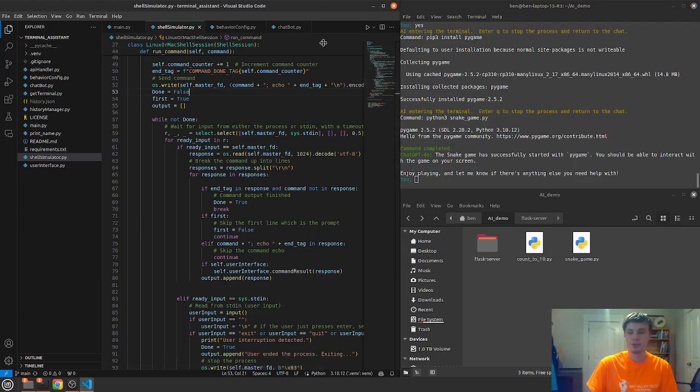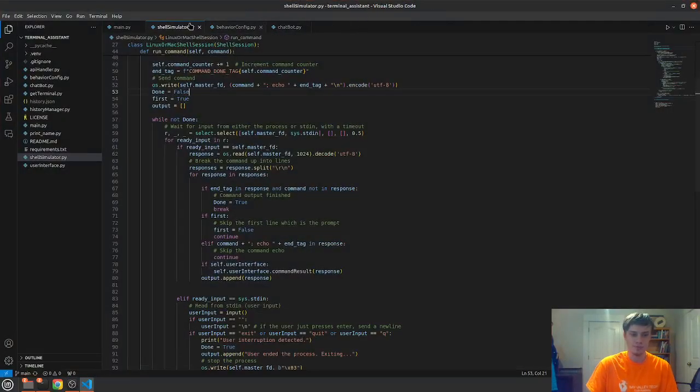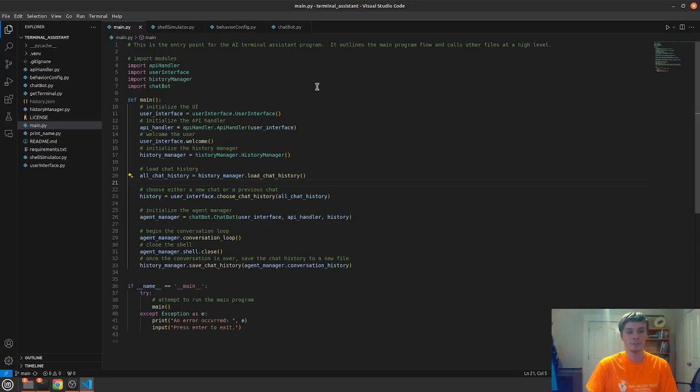So now we're going to do a little bit of a deep dive into the code. Well, maybe not a deep dive, but I want to explain how this code works. So essentially, the main program here is main. Obvious name choice, but basically we've got our different files which control different tasks that the program has to do. So for example, we have user interface here, which handles the user interface. Essentially anything that's printed out onto the screen or that the user has to interact with is all handled through